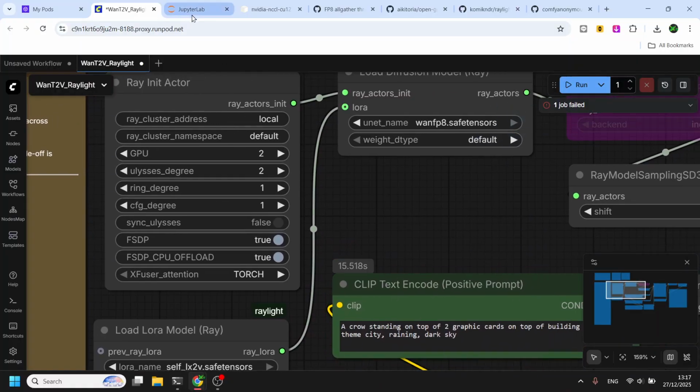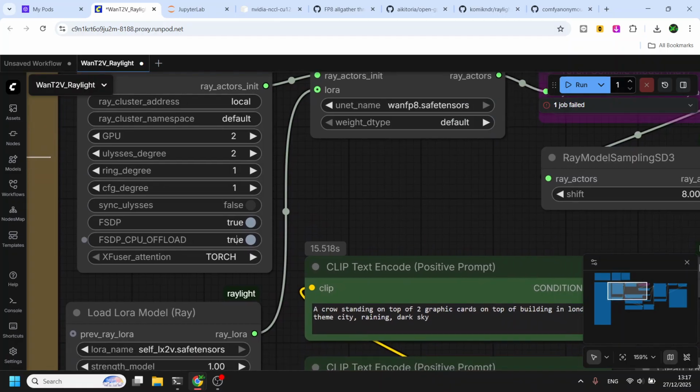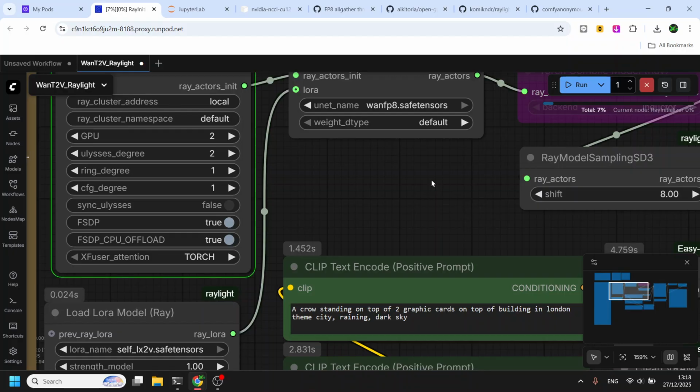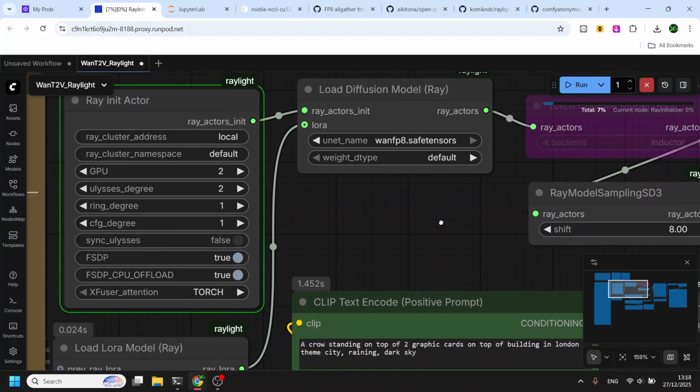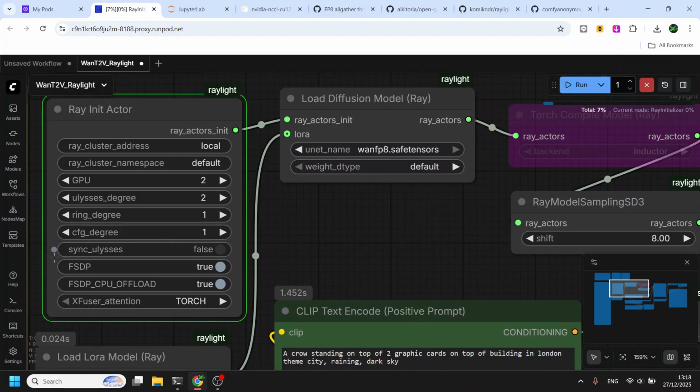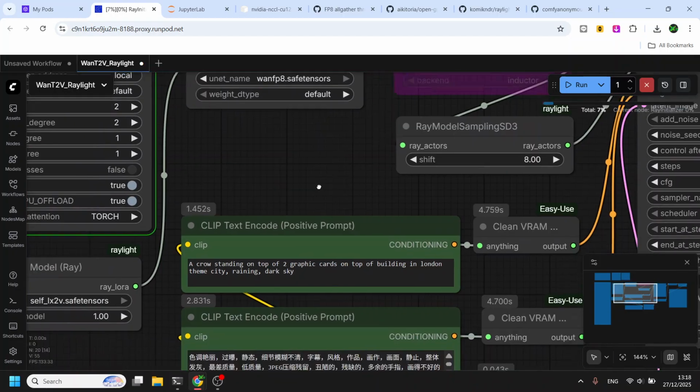Basically, if you are on a low VRAM system, this is actually a good option to enable CPU offload. The model itself will again be split between two GPUs, but if you do not have a high amount of VRAM, it will be offloaded into the CPU automatically. It is basically a VRAM reducer, so it will be fine. Another job is being run right now, so yeah, it will be fine.